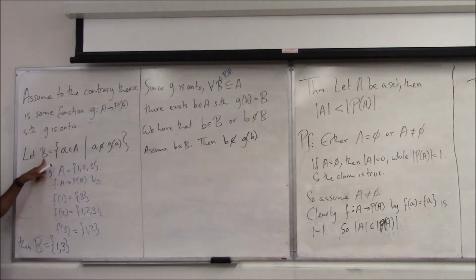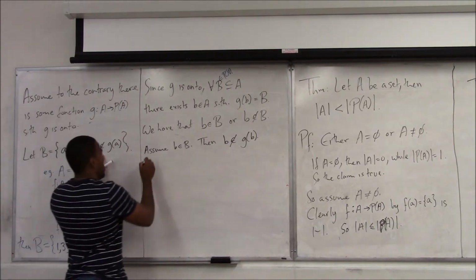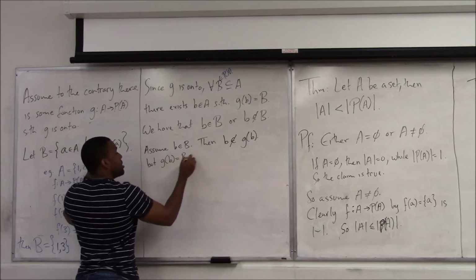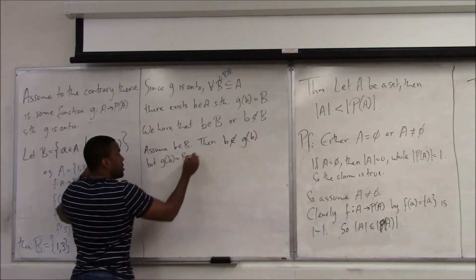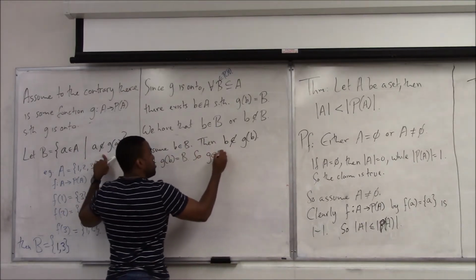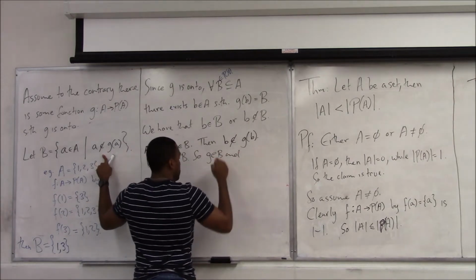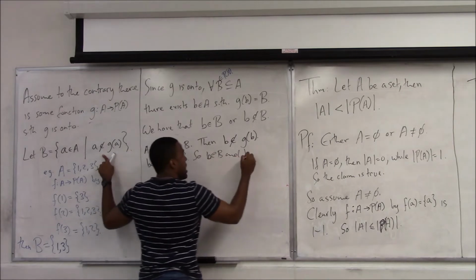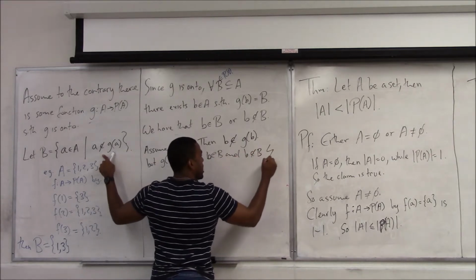Because if it's in the set B, that's the condition that makes it in the set B. But G of B is B by our assumption. So G is in B and so we end up with B in B and B is not in B at the same time, and that's a